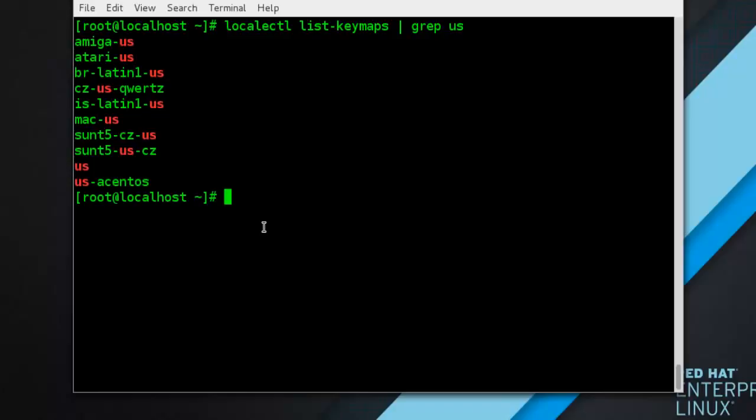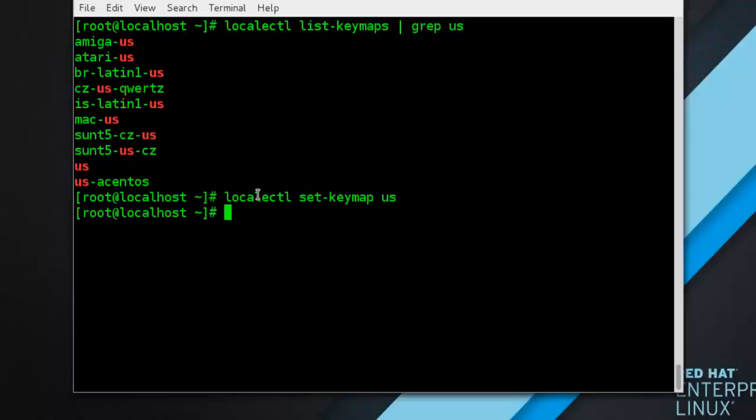Now next is setting the keymap. To set the default keyboard layout for your system, use the following command as root, and we are already logged in as root, so type localectl set-keymap and type your keymap here, us, and it will set. Unless the --no-convert option is passed, the selected setting is also applied to the default keyboard mapping of the X Window System, after converting it to the closest matching X Window keyboard mapping. This is also applied in reverse.